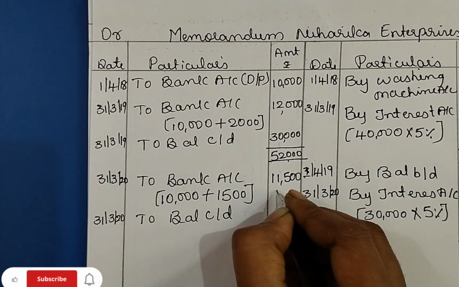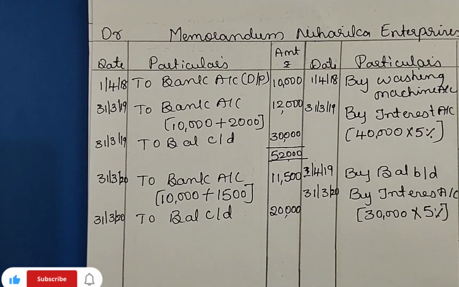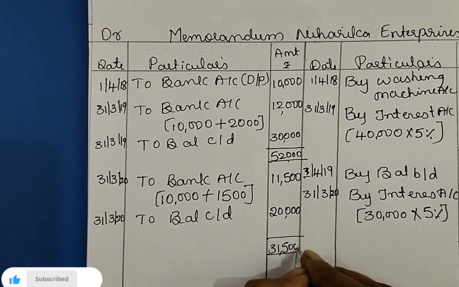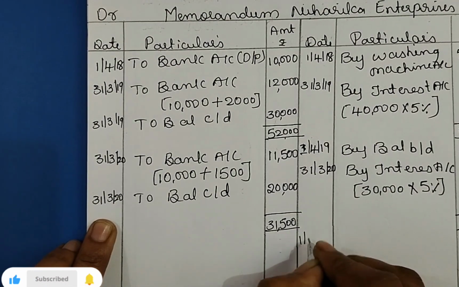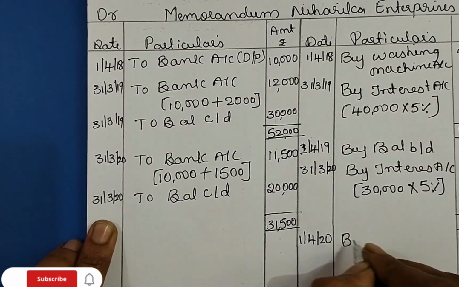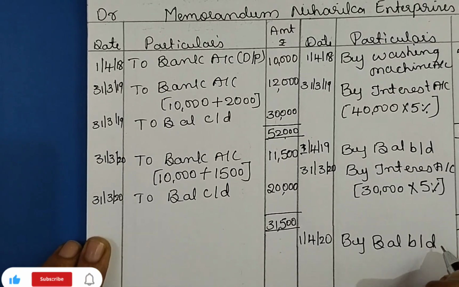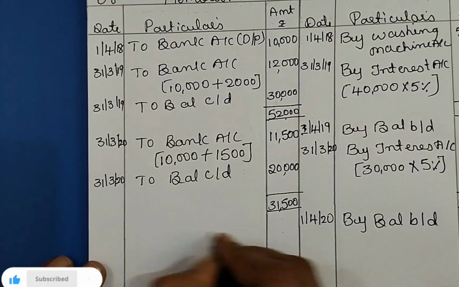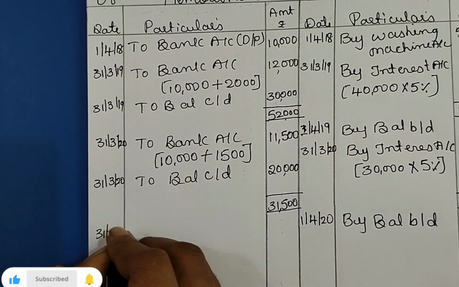31,500 minus 11,500 is 20,000, total 31,500. First we are brought downing the balance on 1st April 2020 by balance brought down is 20,000, and first installment we are paying on 31st March